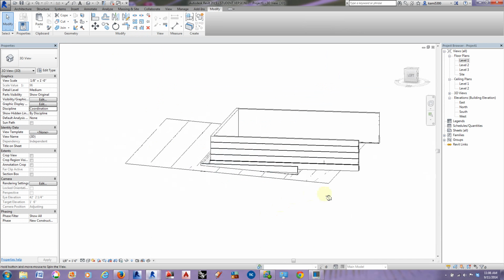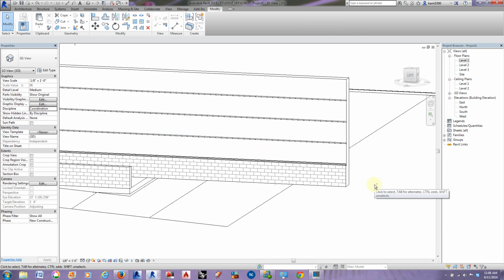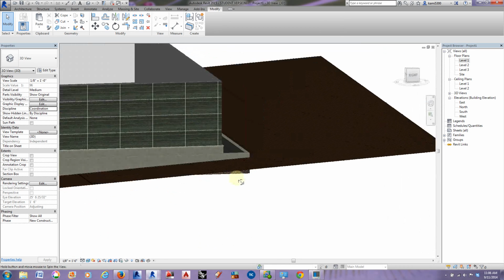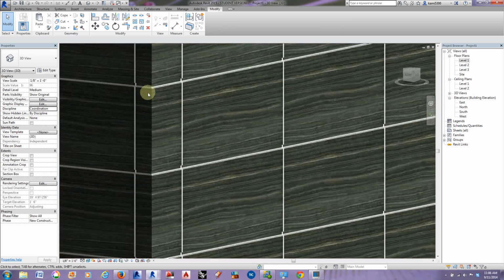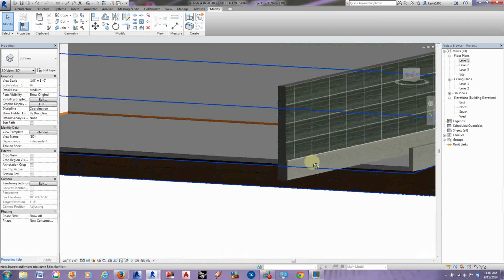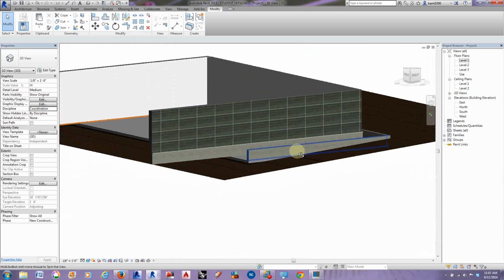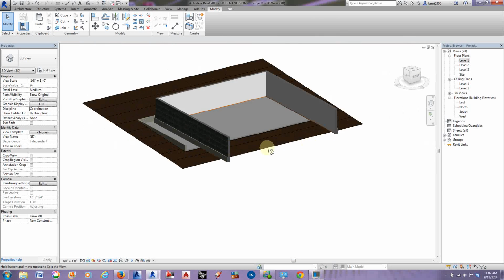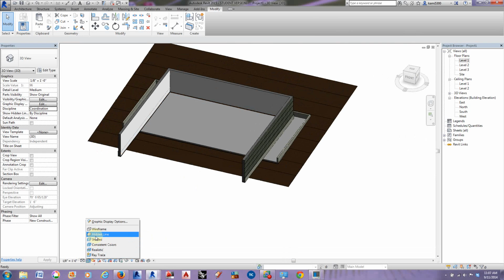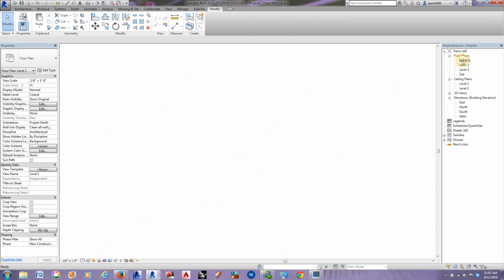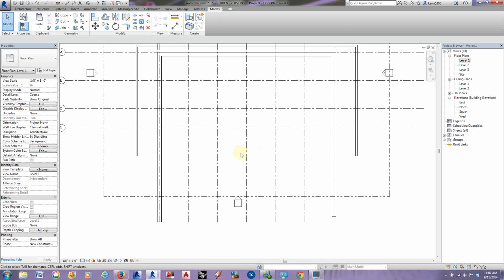If I flip to my 3D, you can start to see this is what this is starting to look like, and I can go ahead and put it on realistic at the moment, and you can see that my reveals are coming up right where that white line basically is on our material. And you can see that we have our base cove running along the inside of that wall. I'm going to switch it back to hidden line just so it's a little bit easier to navigate. And I'm going to go back to level 1, and